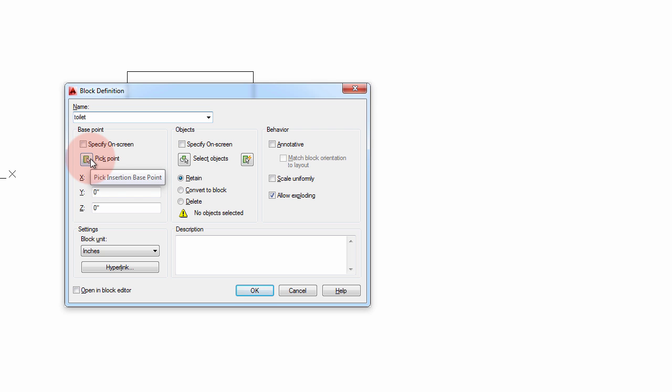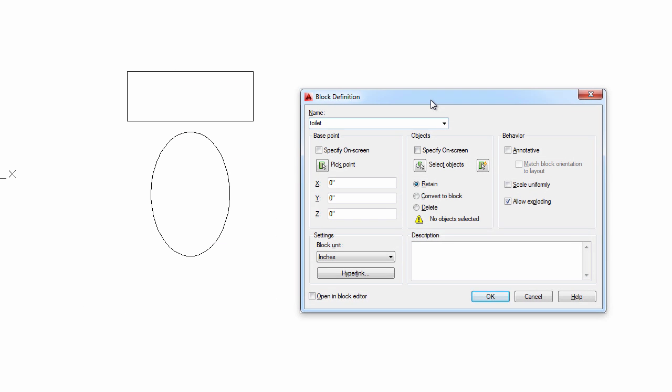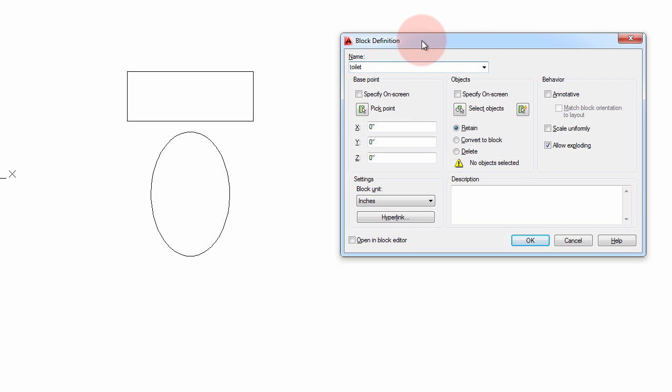Now the base point is important on a block. Just in case you ever have to redefine your block, the base point is important because it will reinsert blocks at this base point. And when you insert a block, it inserts it by this base point, and it also becomes your rotational handle. So what I'm going to do is click pick point here and pick the midpoint of